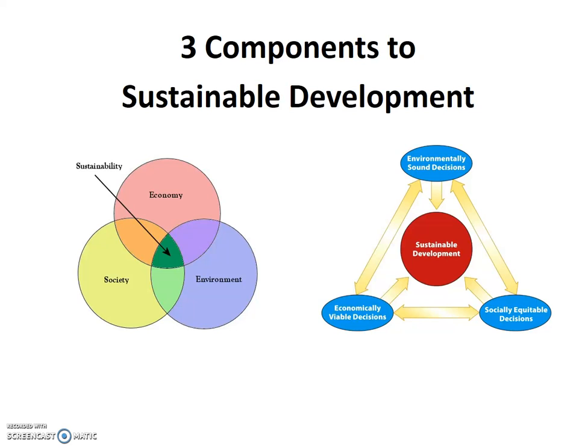The authors contend that the 3 components are not really equal, and thus they should not be drawn as such. The environment does not depend on society or economics. Rather, society is only able to survive due to the planet's resources, and the economic systems are simply something that serves societies. Check out their new model.